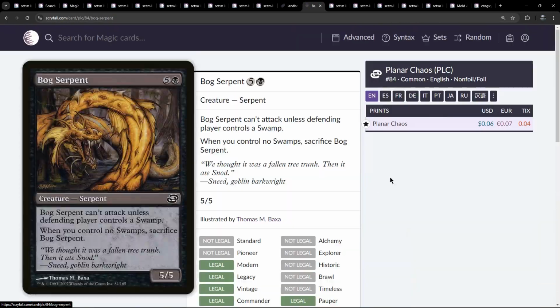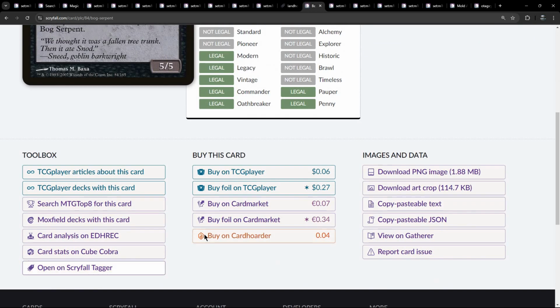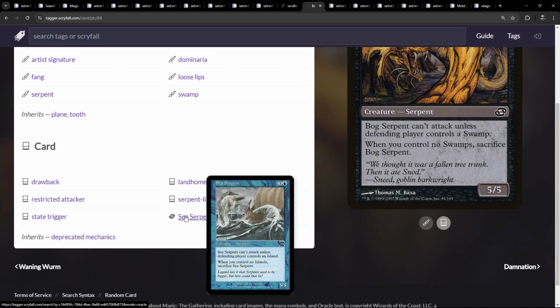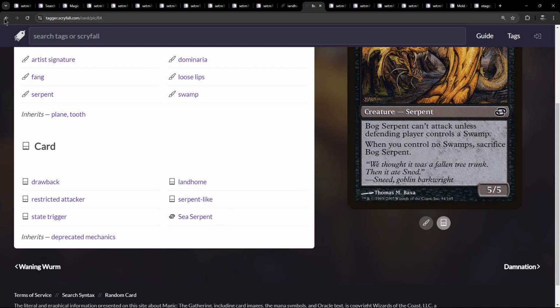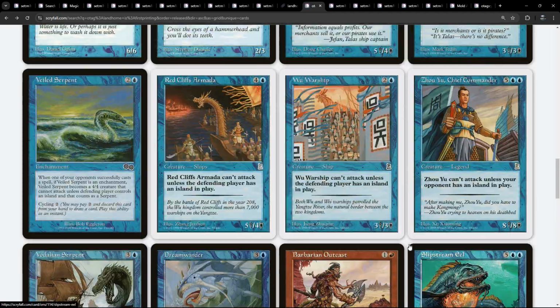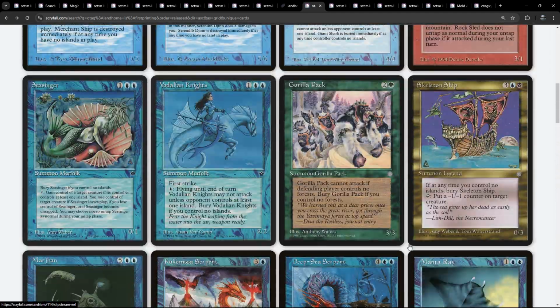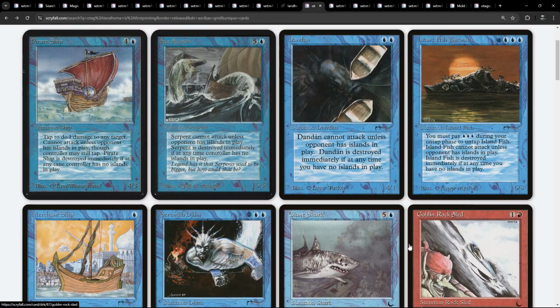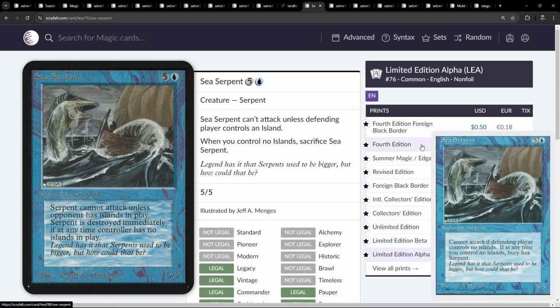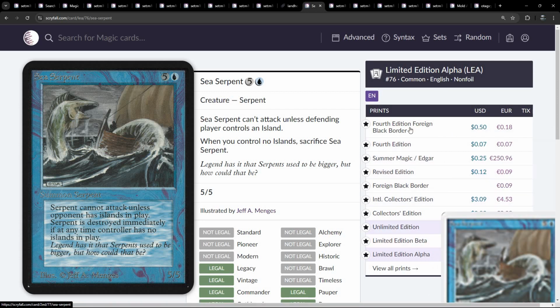Let's just be lazy here. Oh, Sea Serpent, there you go. Where's it gone? There. Yep, Alpha. Was reprinted though, so if you do want to see Sea Serpent,